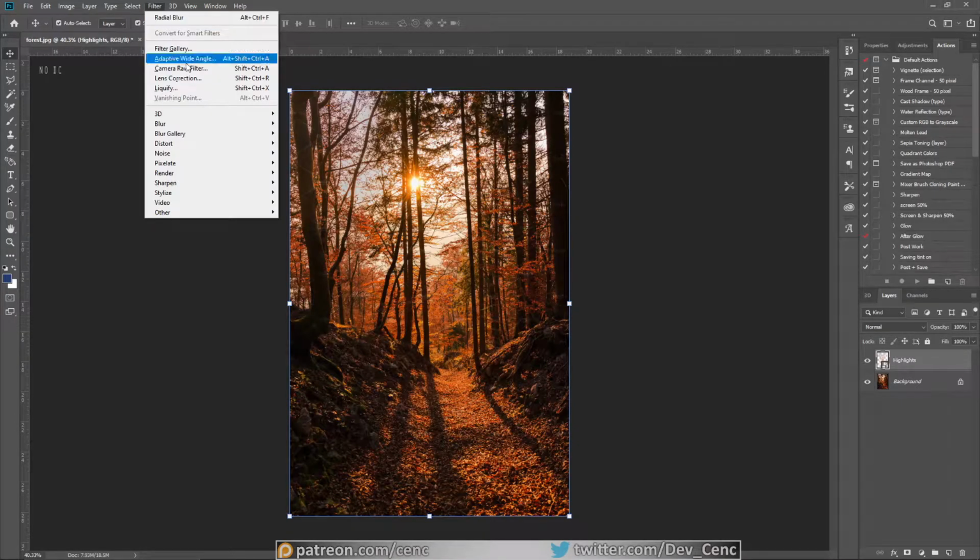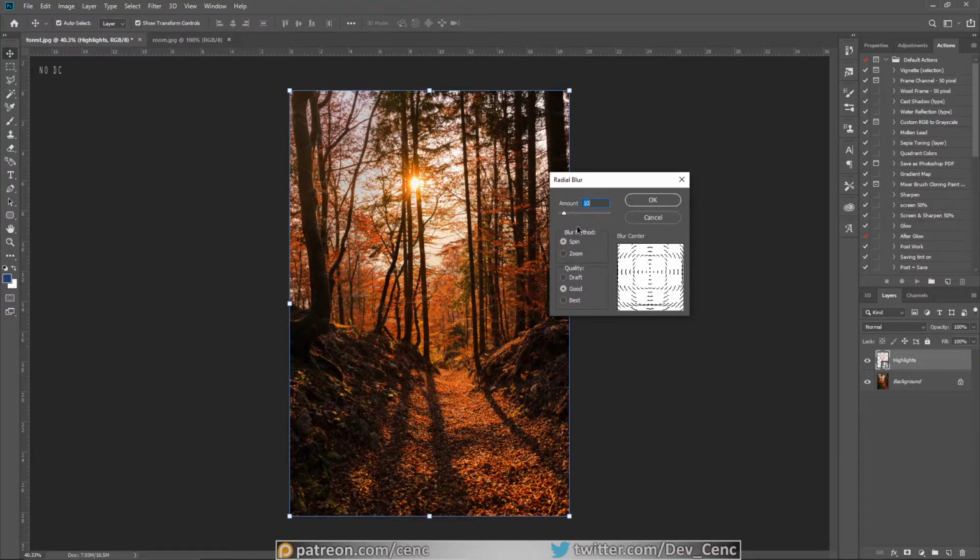Okay, with our highlights layer, we're going to make the highlights blur, and this will give us our rays. So if we go to Filter, Blur, and we want Radial Blur, we want it set to Zoom. My computer can handle it, but depending on how powerful your computer is, you might want to start with draft before going up to best, but mine can handle it on best. We change the amount all the way up to 100, and you see this gives us our lines. We want to take this point and position it to about where the sun is on our image. So about there looks good. If we hit OK,